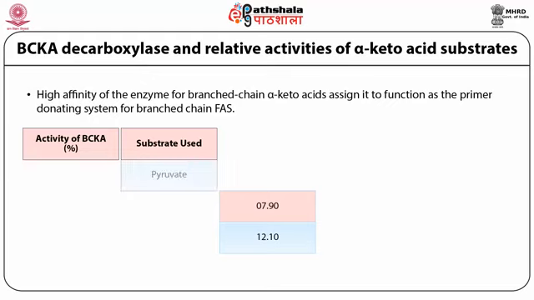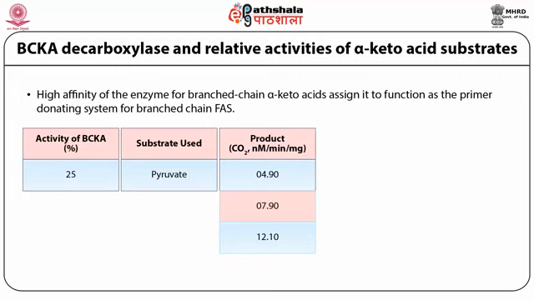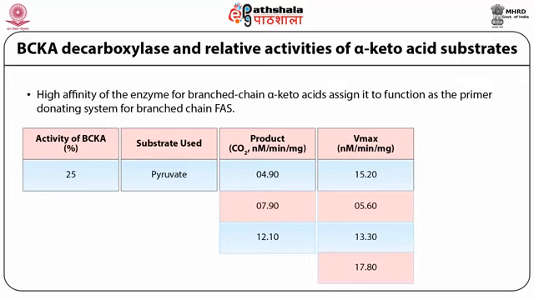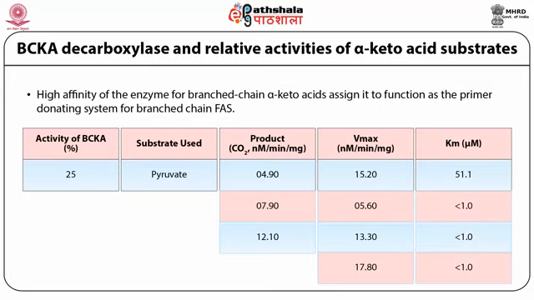As far as for the pyruvate, the activity was 25% with the formation of 4.9 nanomoles of carbon dioxide liberated per minute per milligram of protein, with a Vmax value of 15.2 nanomoles per minute per milligram and a Km of 51.1 micromolar,